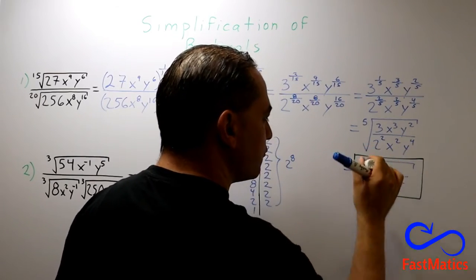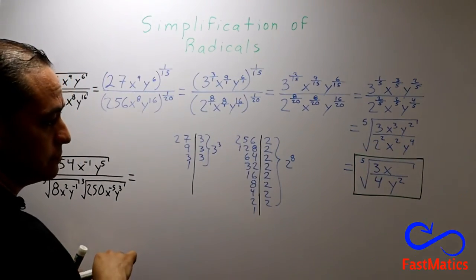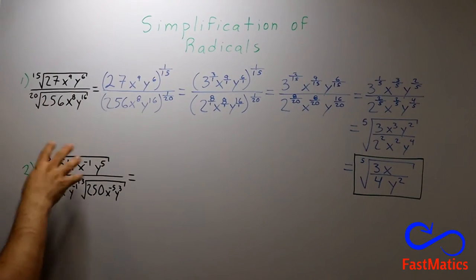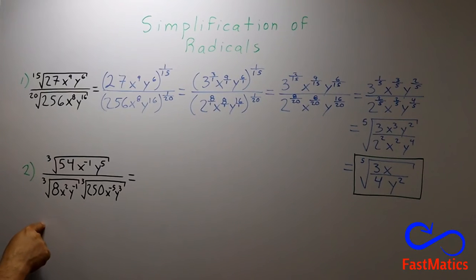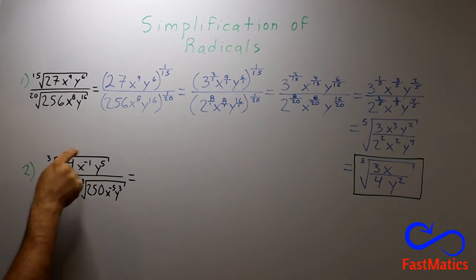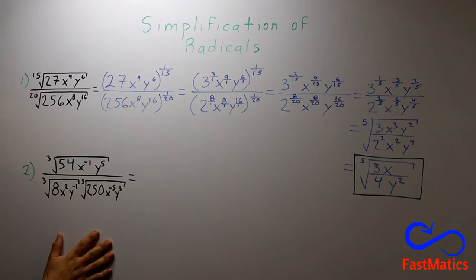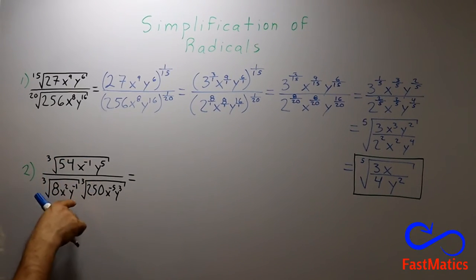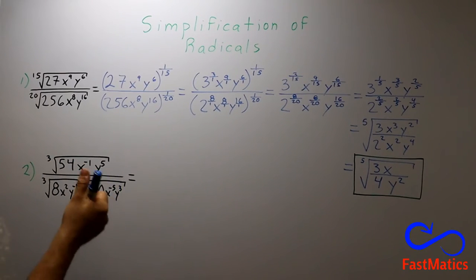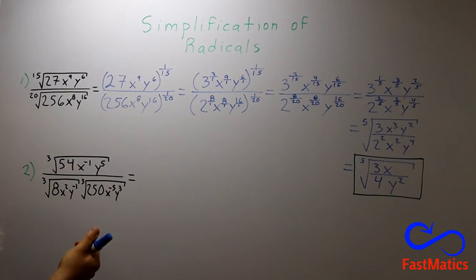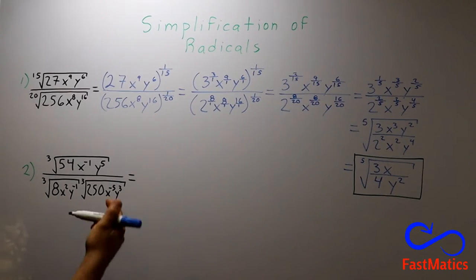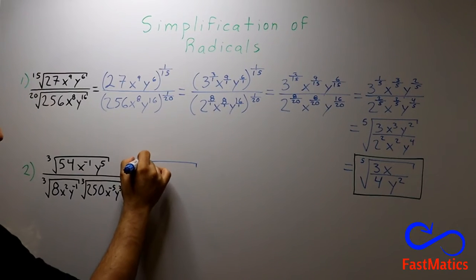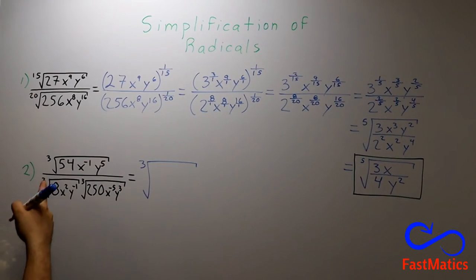Thank you very much for the first example. Now we are going to calculate the second example. Here, another example. We can see that we have cube roots everywhere. So we can write all those expressions into only one cube root because of the laws of radicals. So we write a cube root of